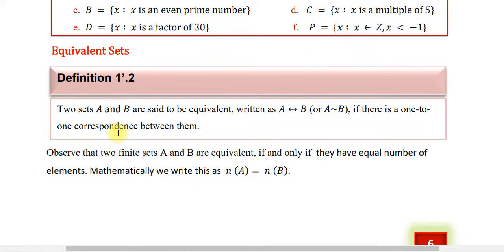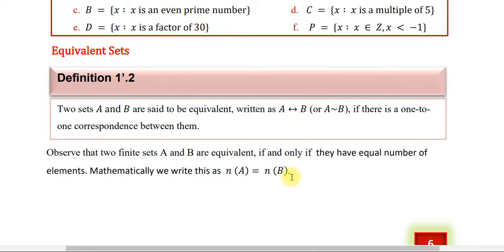ያ ማለት number of element of A is equal to number of element of B ከሆነ ነው። Observe that two finite sets A and B are equivalent if and only if they have an equal number of elements። መጀመሪያ ምን መሆን አለባቸው? ተመሳሳይ number of element ሊኖራቸው ይገባል። A ላይ ያለው ኤሌመንት B ላይ ተመሳሳይ መሆን መቻል አለበት። Number of element 10 ከሆነ B ላይ number of element ምንድነው? 10 መሆን መቻል አለበት። ለምሳሌ A ከ1 እስከ 10 የተዘረዘሩ ቁጥሮች ቢኖሩ እና B ደግሞ የያዘው ሴት A B C D እያለ 10 ያክል ሌተሮችን ቢይዝ number of element on B is equal to number of element on A,